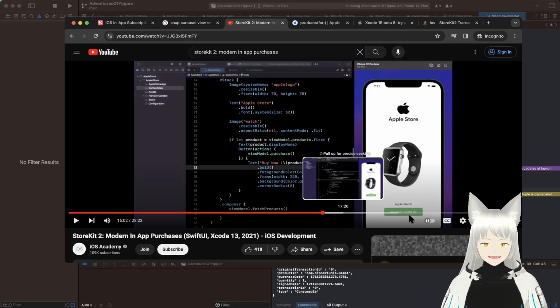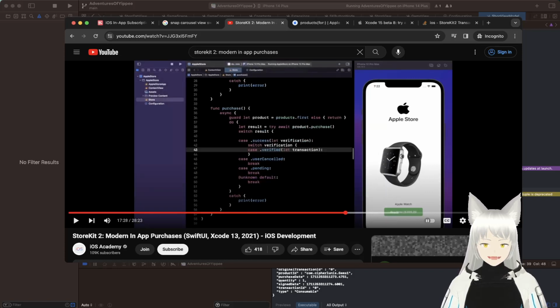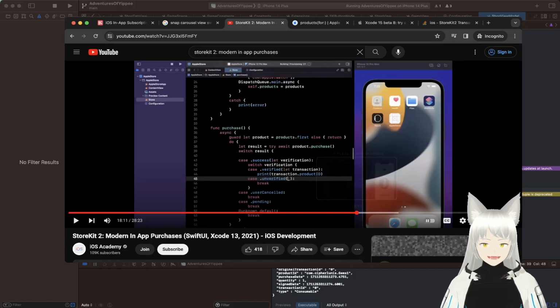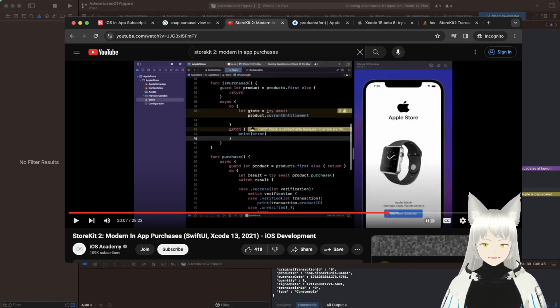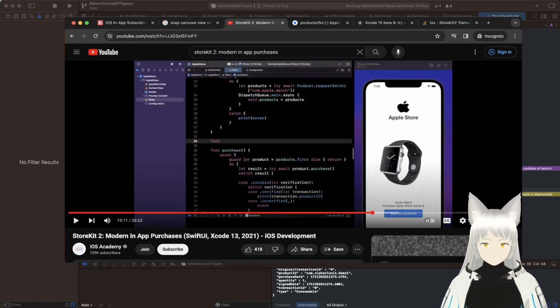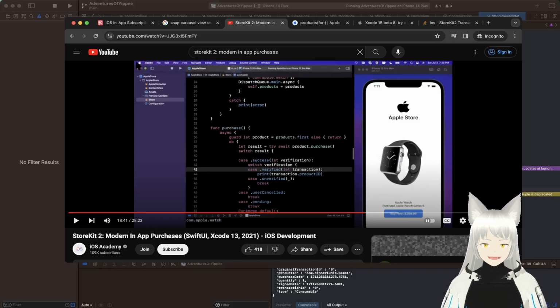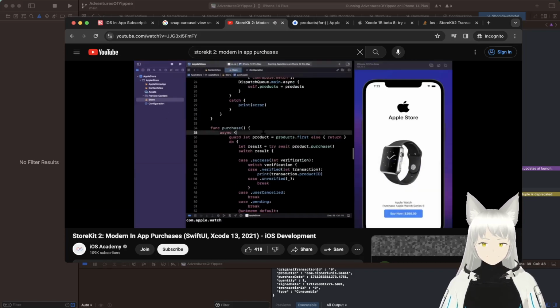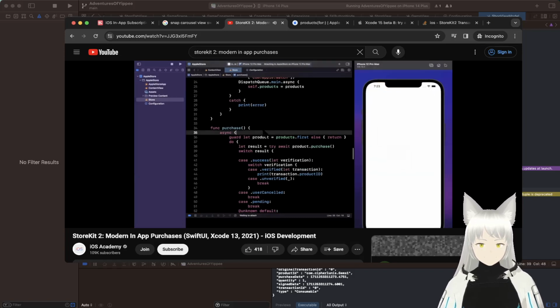Where did we leave off actually? So switch on verification. Yeah, let's see how he handles these switch statements. Oh, and he's getting the state as well. Let's see. So if I go ahead and just hit Command R to build and launch our app again, what